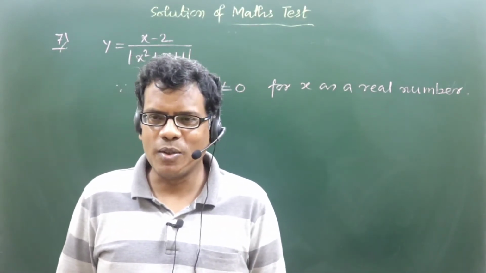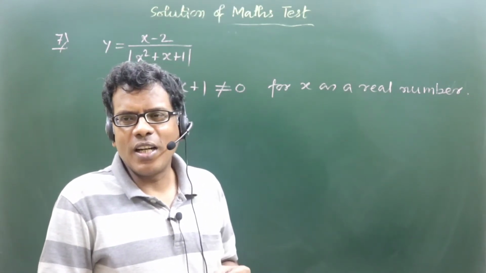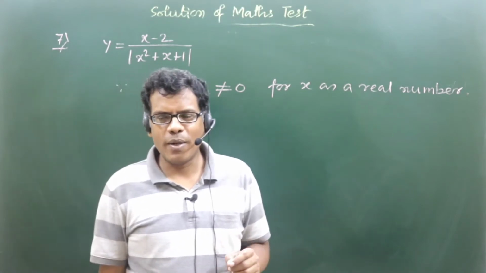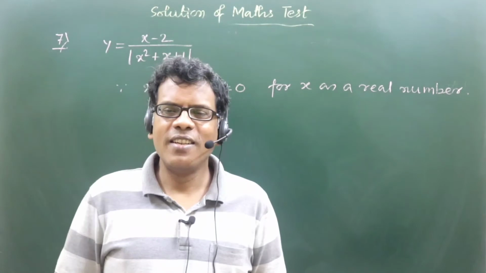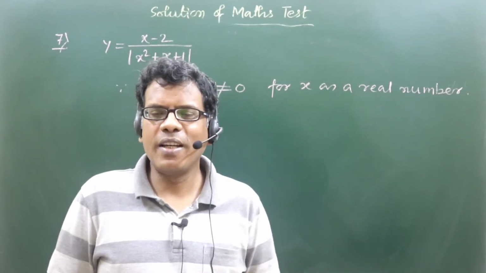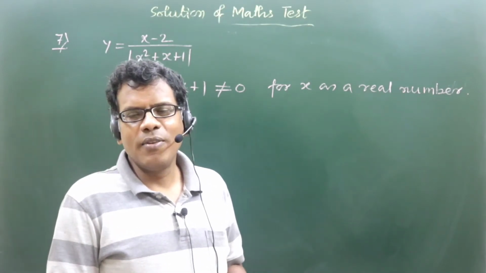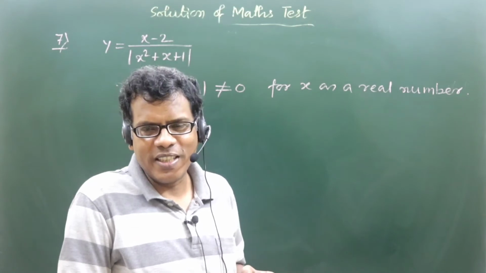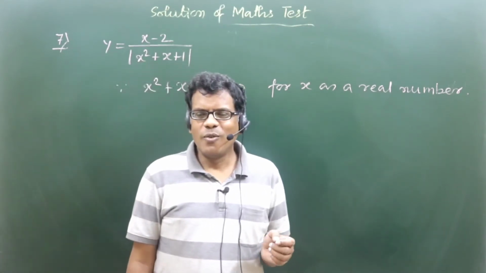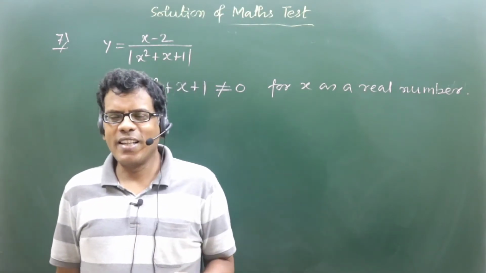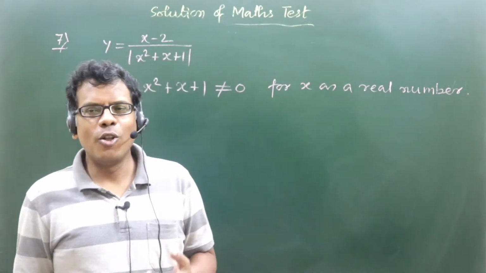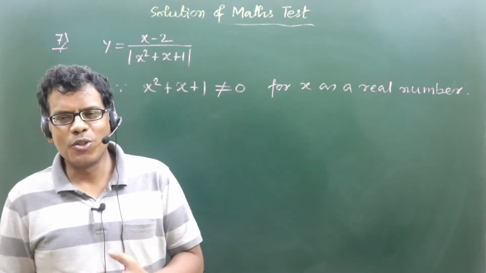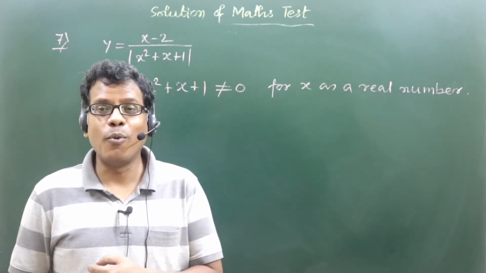In the quadratic chapter we discussed the nature of roots, and there I explained that whenever a quadratic expression has its discriminant value, the numerical value of b square minus 4ac, negative, then the quadratic can never be satisfied by a real value of x. That means the entire value of the quadratic can't be 0 at any real value of x, so it is always a non-zero quantity. Then the question comes, will it be positive or negative? Practically it is always positive. All those quadratics whose discriminant is a negative number are basically positive quantities